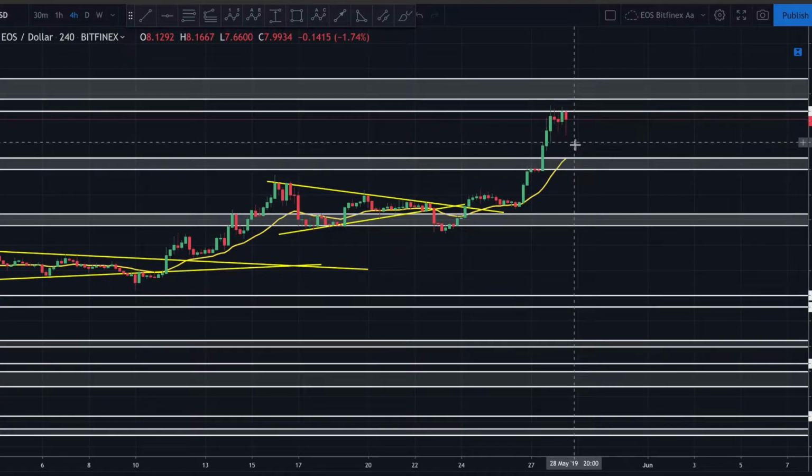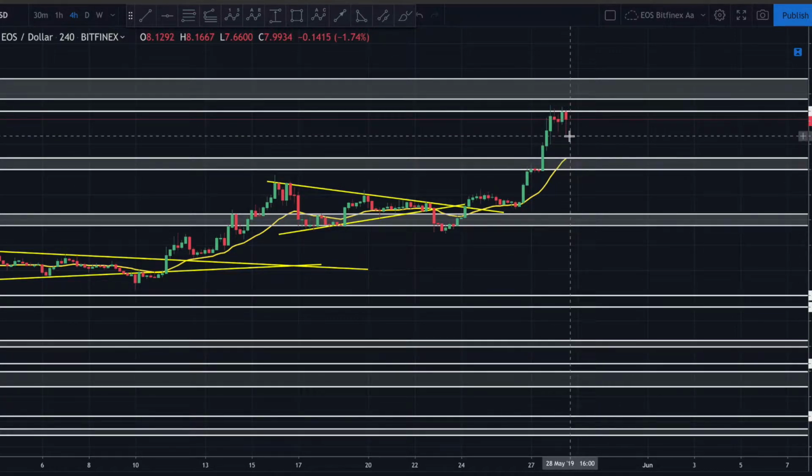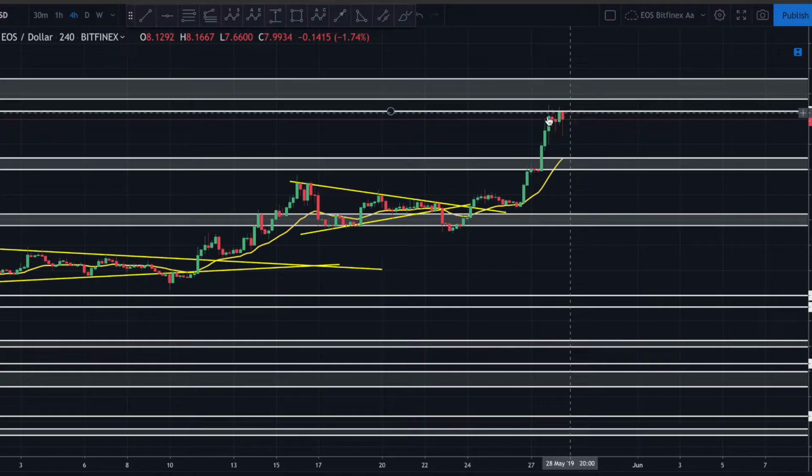Now, on the smaller time frames, we did take out this prior low. On this last candle, we did have a little bit more of a breakdown. So let's wait and see. Right now, obviously, this is a confirmed resistance at about 820, let's call it. So if we can get a 4-hour candle opening and closing above 820,